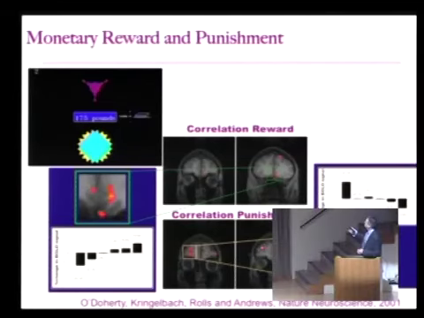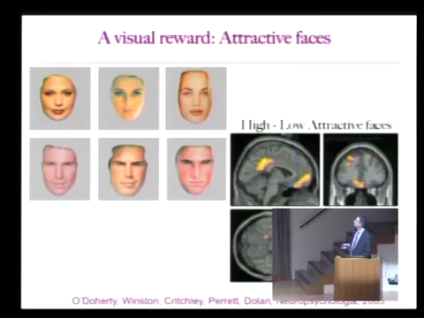The other thing that's interesting, because you remember Bentham referred to pleasure and pain, there's also a region more laterally in the orbitofrontal cortex that goes up the more that you lose money. Because not only can you win, you can also lose. And this area seems to go up the more that you lose. So that might be tracking the punishment or the negative reinforcer value. Other kinds of rewards could include